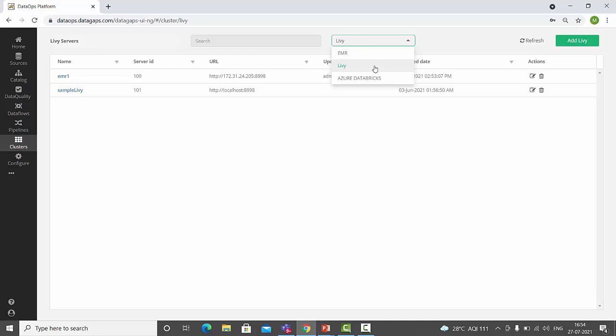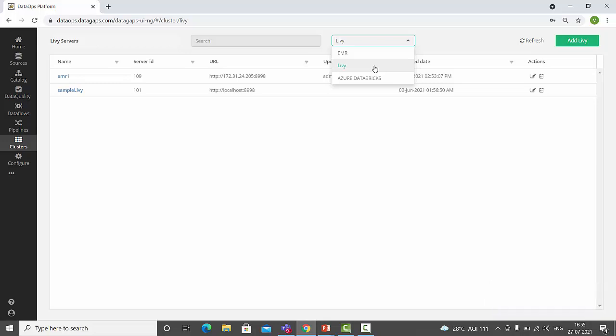Livy is an Apache Spark engine which could be deployed on premise as a standalone, or it could be a YARN cluster. In case of EMR, we'll be using EMR as the engine here, and in case of Azure, we'll be using Azure Databricks as the engine here. So these are the different clusters we have.